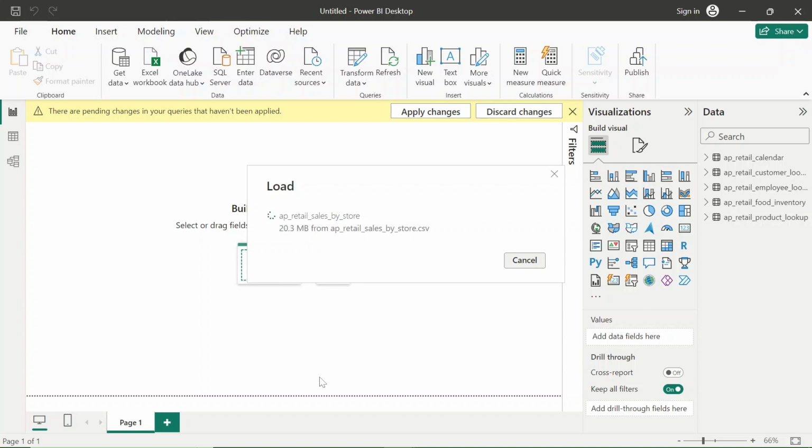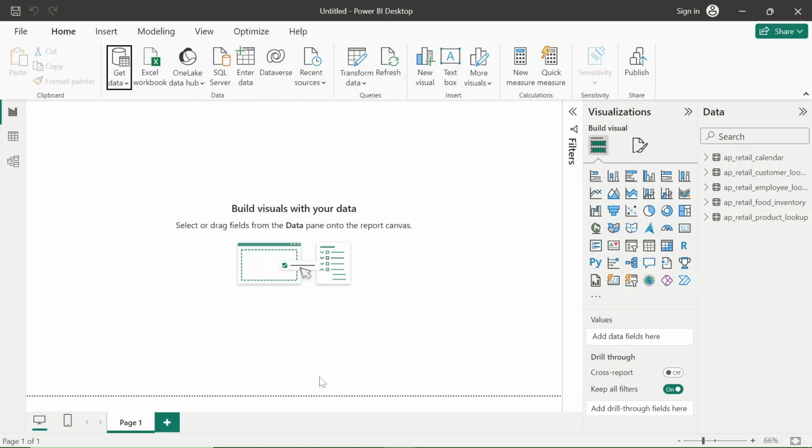It is a very big file, that's why it is taking some time. Just wait a couple more minutes. Okay, data has been loaded.